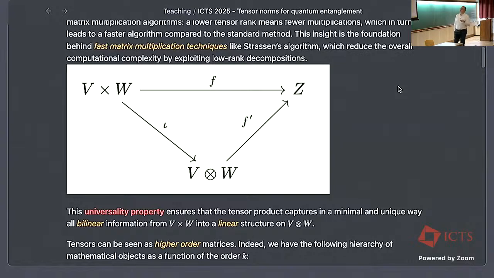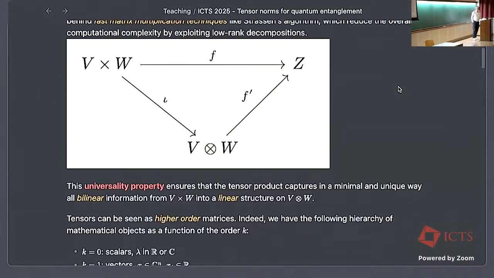So basically, the idea is to replace this bilinear map F, which goes from V cross W, by a linear map F prime; it's really a linear map between two vector spaces. So yeah, again, this is the idea. This universal property says that any bilinear map, you can see it as a linear map using this tensor product construction. But you see, it's a bit cryptic. It's just useful when you try to prove things and maybe go to infinite dimension.